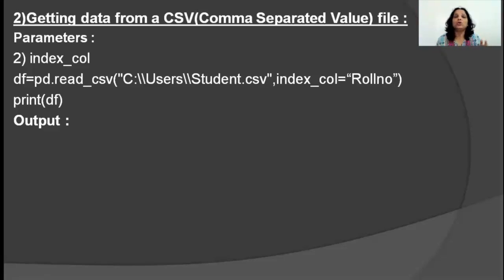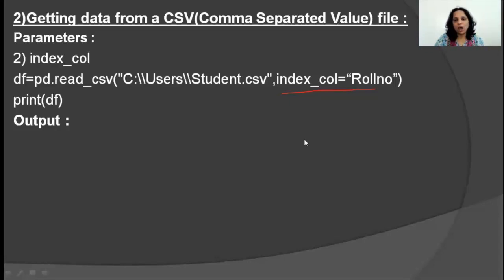Okay, then how do you do that? By making use of the parameter called index_col. So I wrote index_col is equal to roll number, which means there was a column called roll number. Now that's not going to be a column. The roll numbers will be used as your index numbers or your index labels.